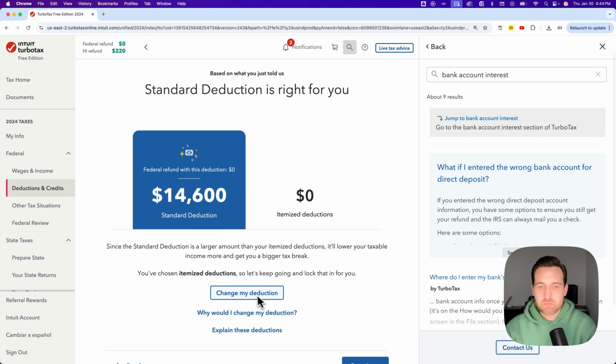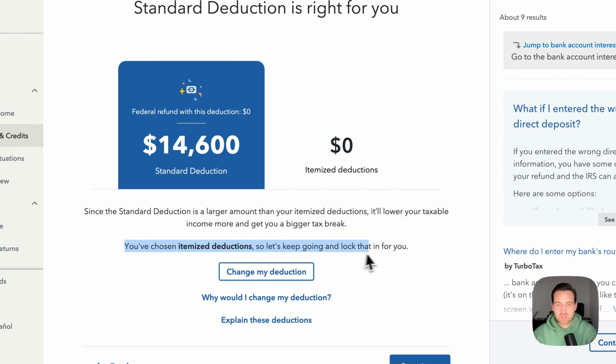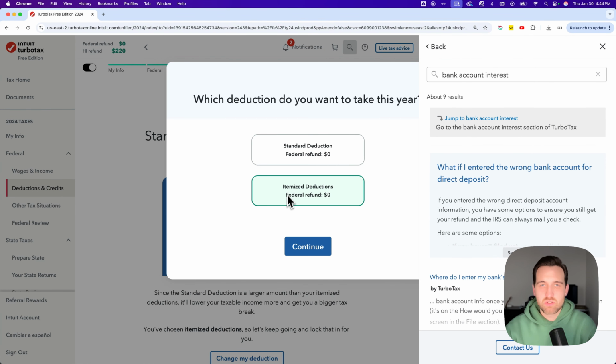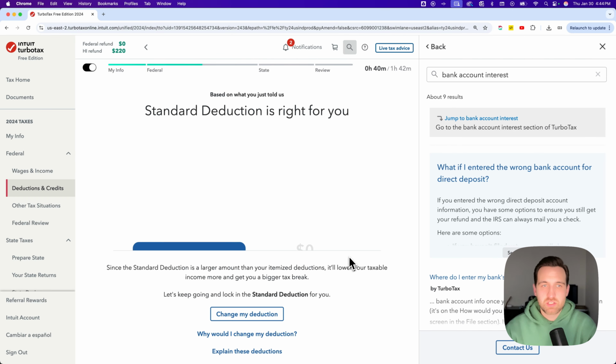Down here at the bottom, you can actually change your deduction. And so it says right here, right above that, what you've selected. So we've chosen itemized deduction. We can click change deduction and choose between itemized or standard. And so if we want standard, we can click on that and hit continue, and that's going to switch to